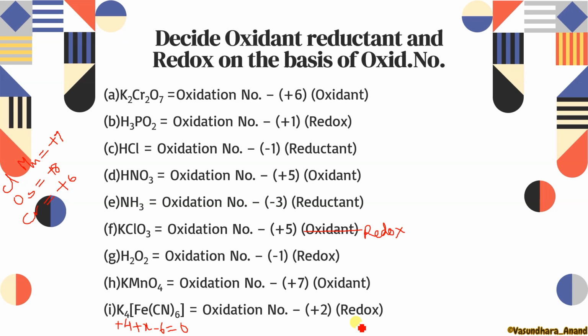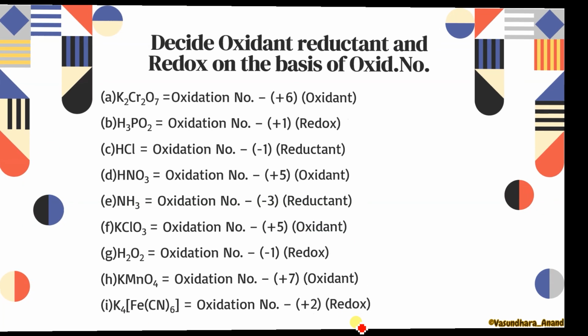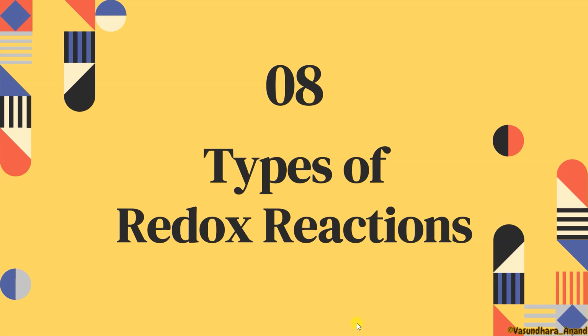Okay. So I hope it is clear. The homework which I gave in the last class, that is clear now. So now move to types of redox reaction. What are the types of redox reaction? If I remove the word redox, the types of reaction you have done in class 10th, isn't it? Combination, decomposition, displacement, double displacement. All these types of reaction we are going to do again, but in terms of redox. That means we will prove that in all the types of reaction, oxidation and reduction are also possible.